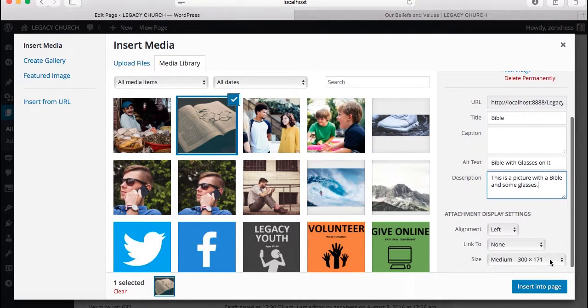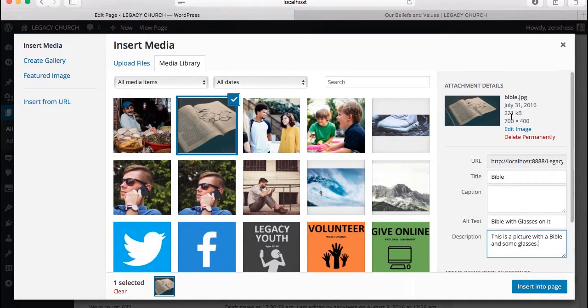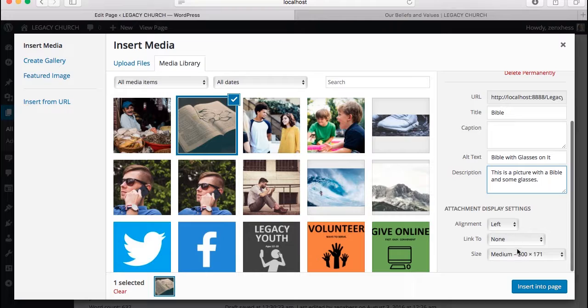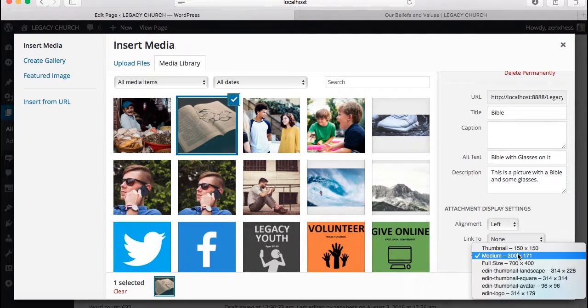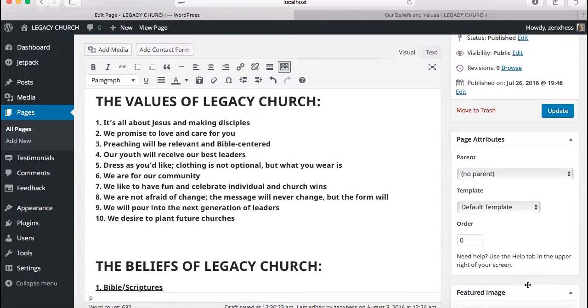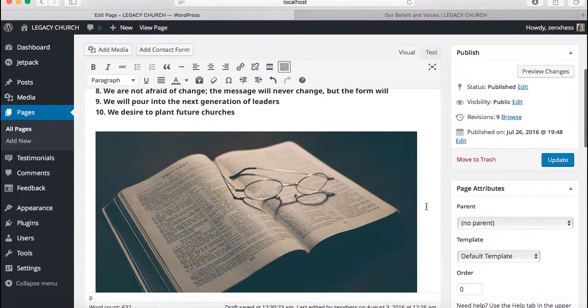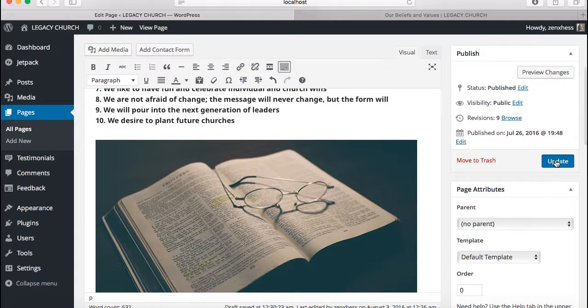If we scroll down more, we can see that the image, which is actually 700 by 400 pixels, has been made smaller by WordPress. So we should click on medium and click full size because we want this image to be its full size. And then we can click insert into page. And just like that, we've got a nice big image that fills up the text space. We can click update